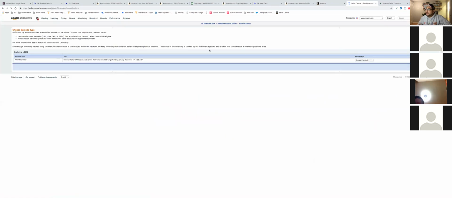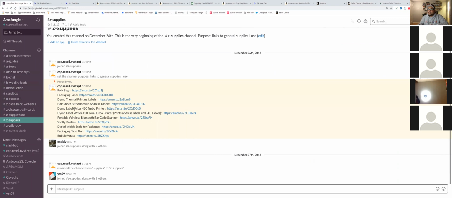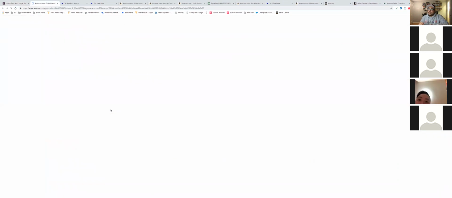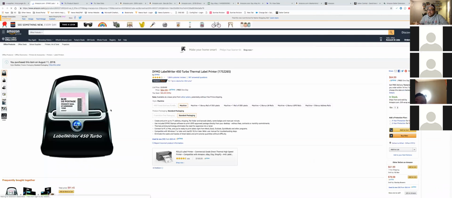And essentially, you're going to go through this. We're going to choose whether or not we're going to label this with manufacturer barcodes or have barcodes created specifically for you. So going back into the supplies channel, I recommend getting a Dymo printer. This is going to print out those barcodes for you, and basically you slap the barcode onto your package. If you don't do that,